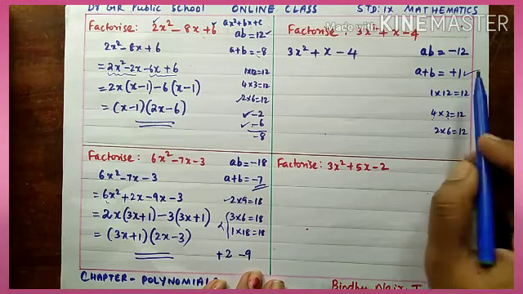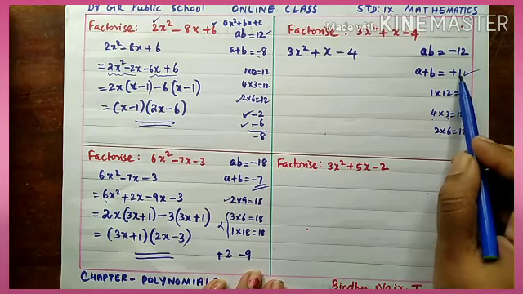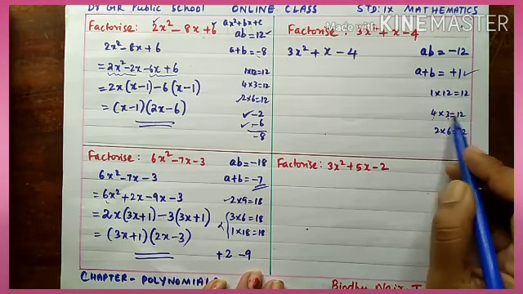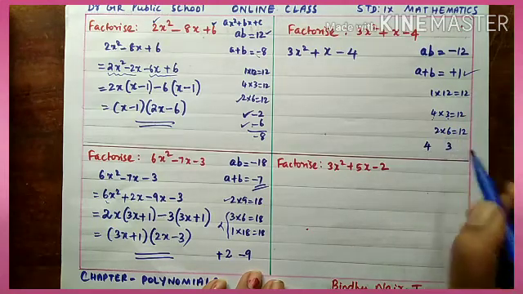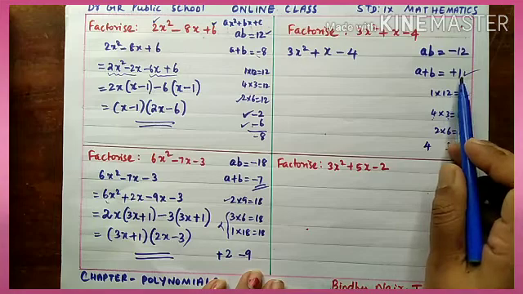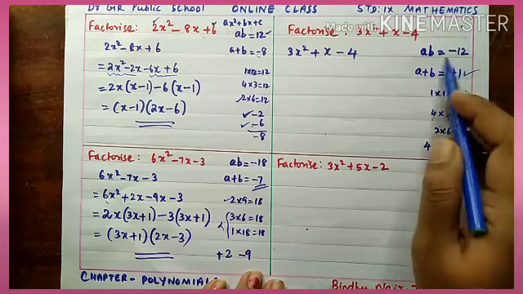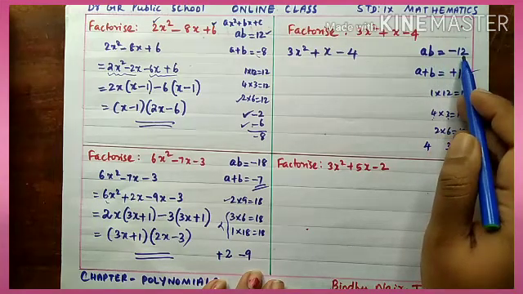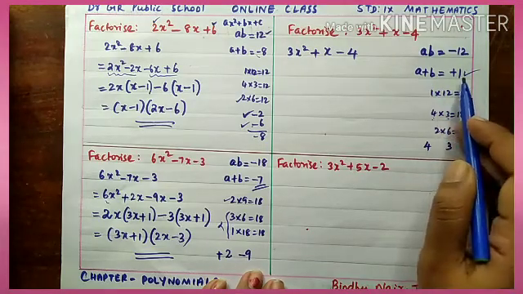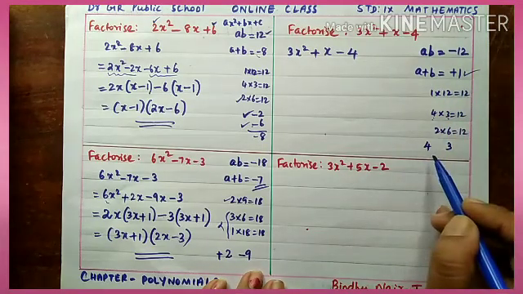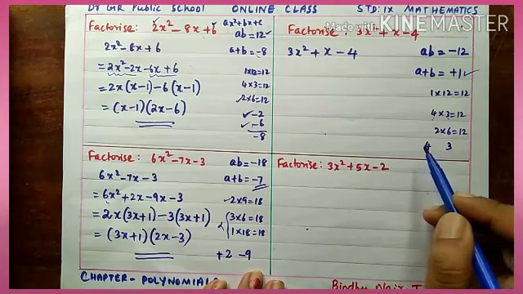And you see, if you want plus 1, how will you make this adjustment of the sign? We have 4 and 3. So to get plus 1 as the sum, and you see the product is minus 12. So the product should be negative and the sum should be plus 1. So how can you select the sign, children?